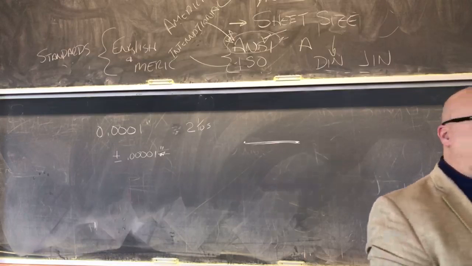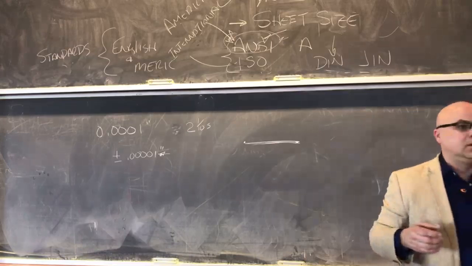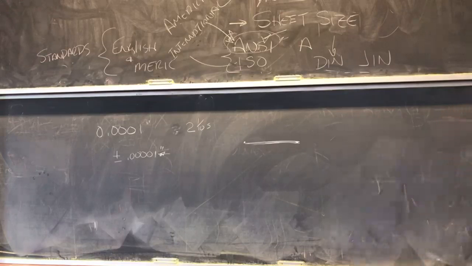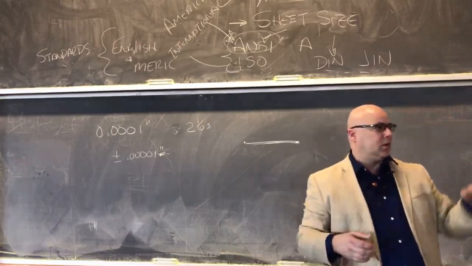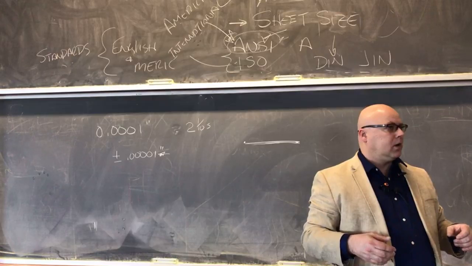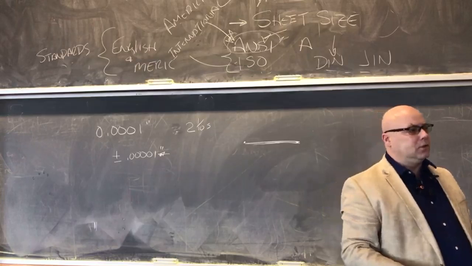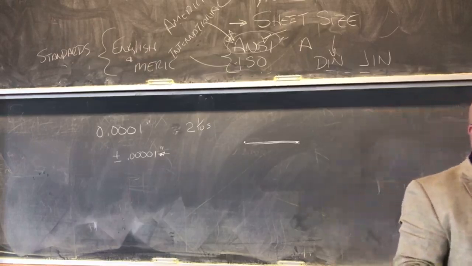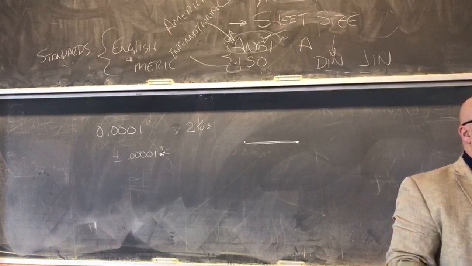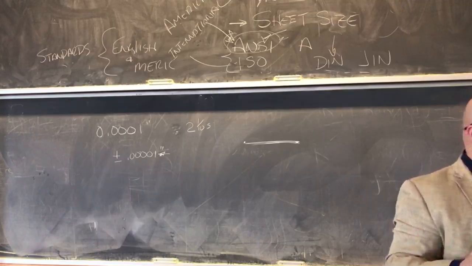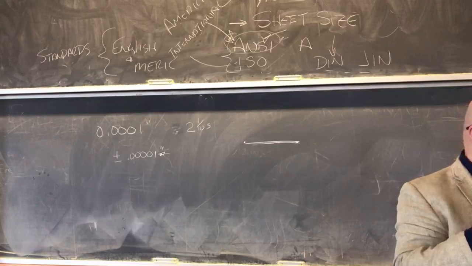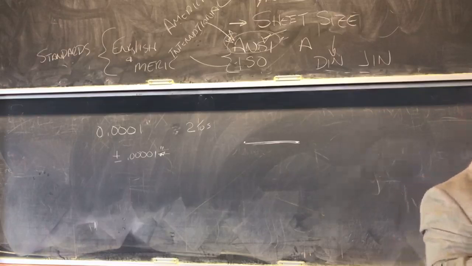Look at the application. So what does the part have to do? Does it have to interact with something else? So let's say we need to make a hole that a shaft is going to slide through. If we want to design a hole that a shaft can slide through, what do I have to know before I can tell you the dimensions of the hole? We may need to know that, but if it's just going to slide through, we can dimension it. I think we're going to be more concerned about the material choices when we look at how much it has to support. But I think I see what you're going for. What do you got?